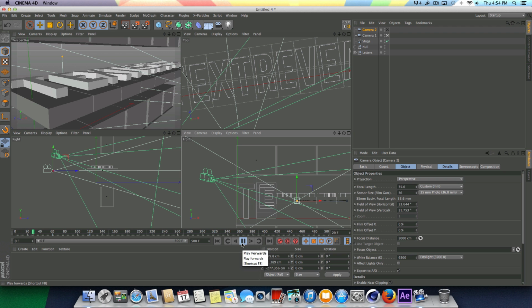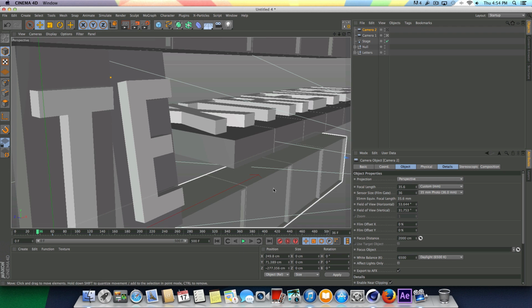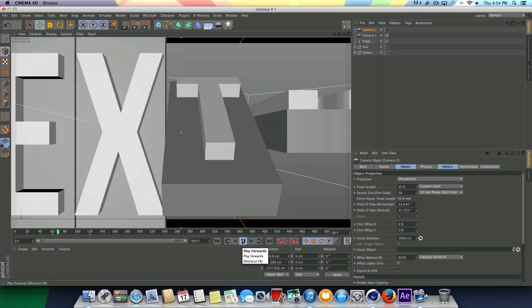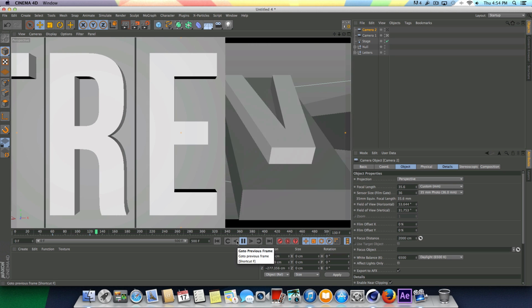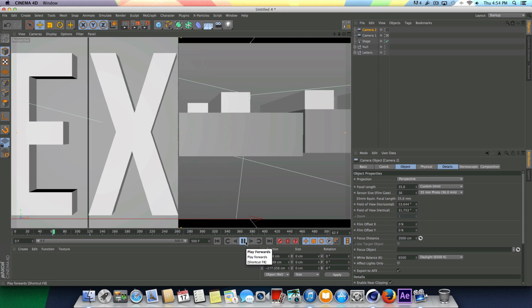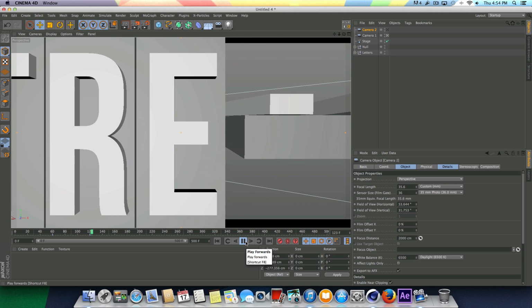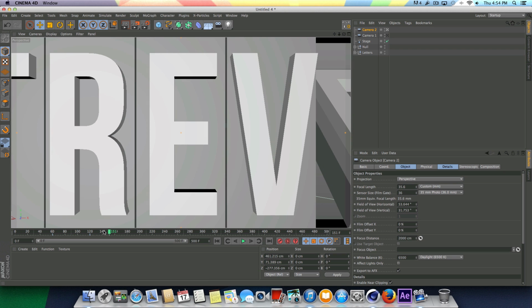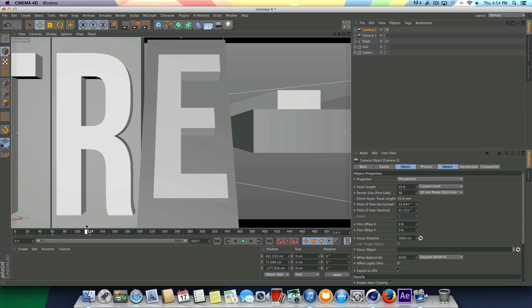So if we play what we have, and let's go into our perspective view here. This is going to be our two camera angles that we have right now. So this one's static and doesn't move, and then it switches to that one and it looks like it's on a dolly, more or less. Okay, and on frame 120, once this stops,